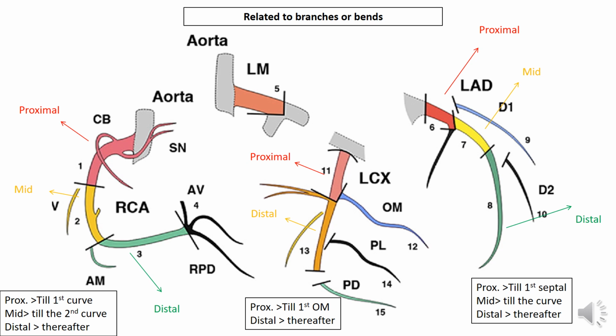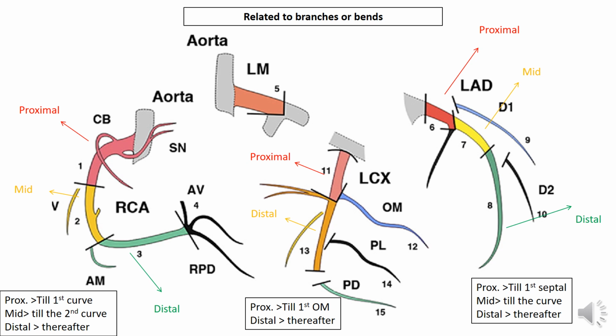In some percent of patients, there might be a third branch running on the lateral surface of the heart called the ramus intermedius. Regarding the LAD, it gives branches that run on the lateral surface of the heart called the diagonal branches, and multiple branches running in the septum called septal branches. The circumflex gives rise to obtuse marginal branches, and the RCA gives rise to